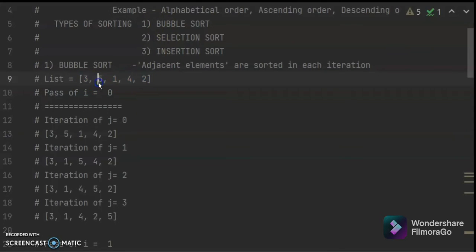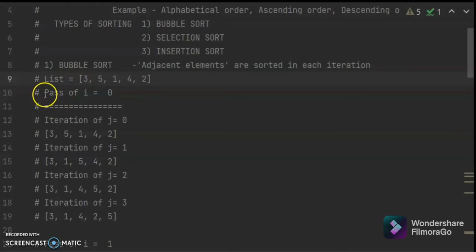So bubble sort basically compares the adjacent elements. Here adjacent elements are compared and sorted out. So in the first iteration, you are comparing these 2 elements. So let us take a variable i equal to 0. This is for the first pass. The iteration is called either a pass or an iteration. I will be explaining with a program; we will be using 2 for loops. If you don't understand that, simply understand iteration.